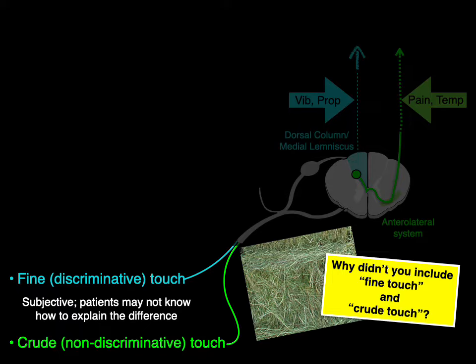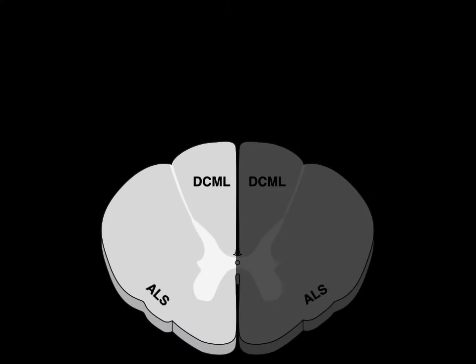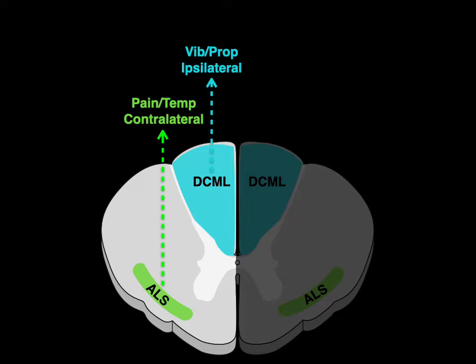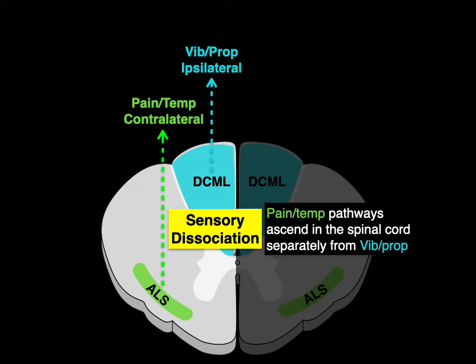So it's not that they're not important clinically, but I'm going to focus on vibration, proprioception, pain, and temperature. So let's blow this up. There's the dorsal column, which carries vibration and proprioception ascending from the same side. And there's the anterior lateral system for pain and temperature from the opposite side. This is what's called sensory dissociation, where pain and temperature pathways ascend in the spinal cord separately than vibration and